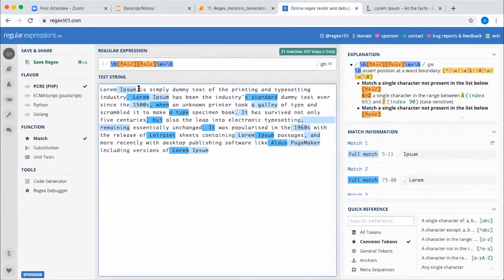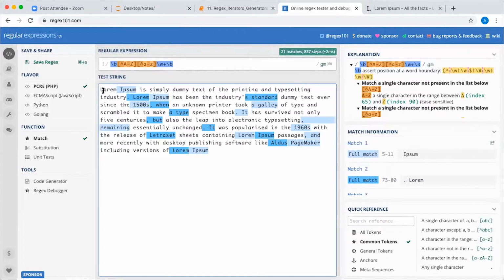No, not really. Backslash B at both ends means there should be a space, right? No. It should not be a space. It should be the individual word. Backslash B at both ends means that it should be an individual word. Don't take it as a space. If you consider it as a space, it will create a problem. It is not a space. It should be an individual word. That's it.